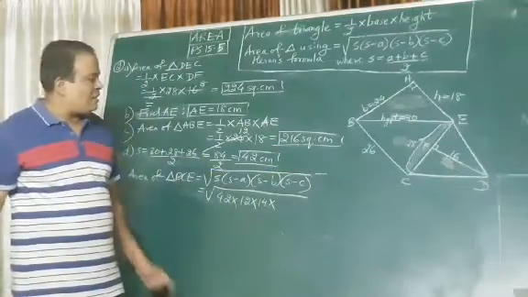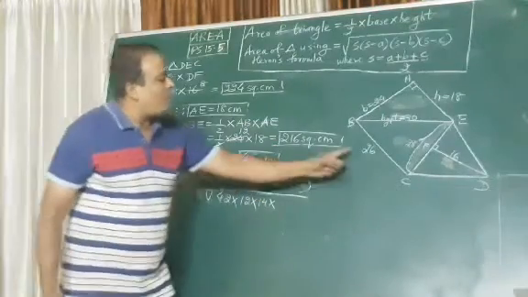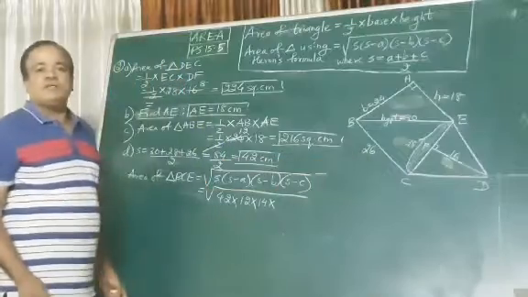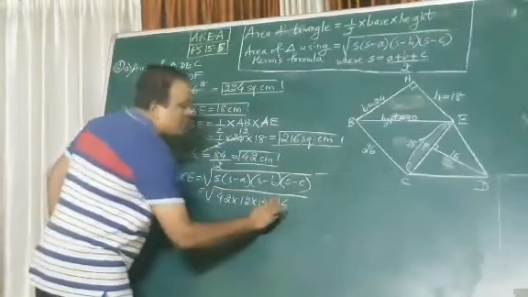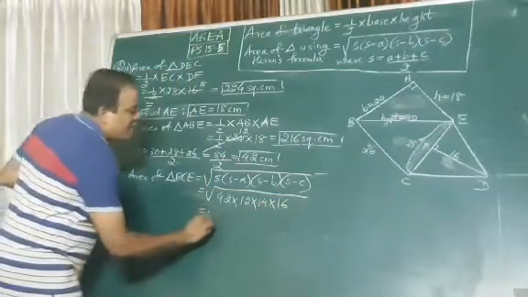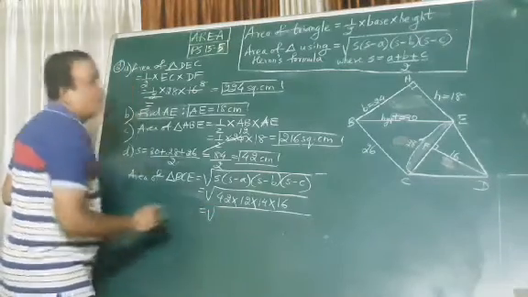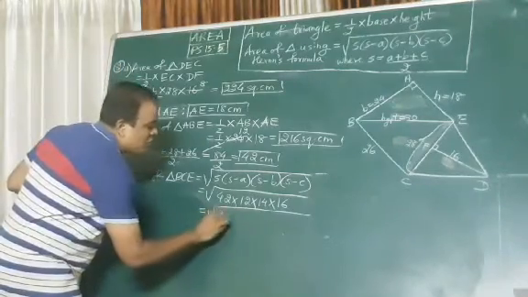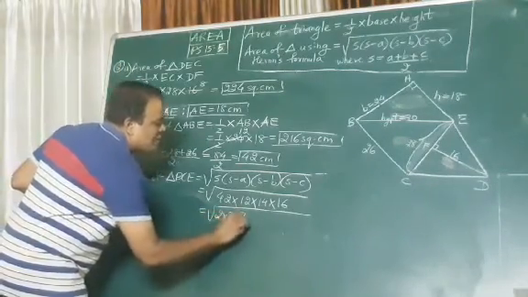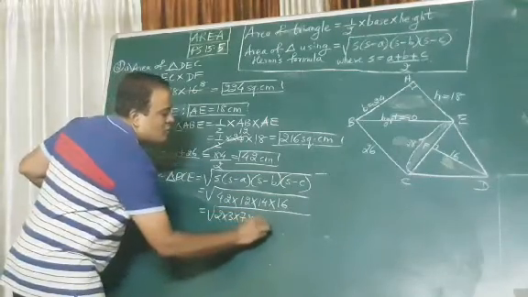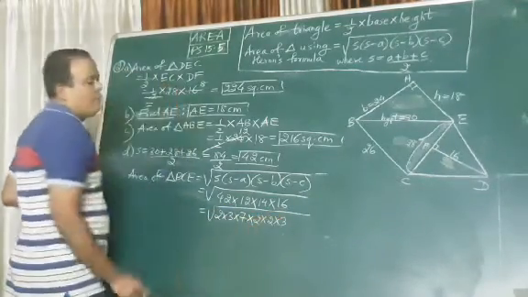Then subtract the semi-perimeter from the third side. 42 minus the third side, 26. So 42 minus 26, how much is that? 16. So let's find out. What are the factors of 42? 2 3s are 6, 6 7s are 42. What are the factors of 12? 2 2s are 4, 4 3s are 12.